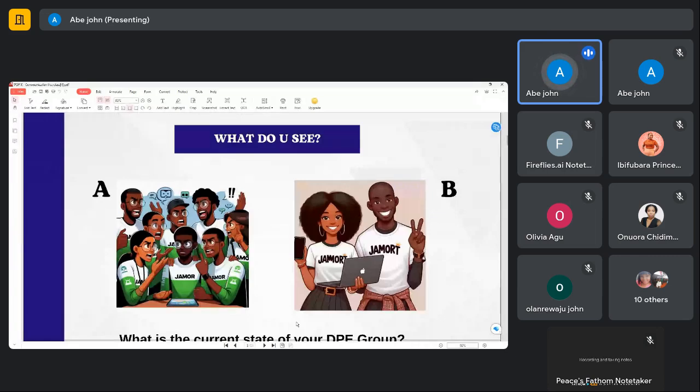Okay, let me explain what the pictorial stuff looks like. Team A is a team whereby they argue a lot. No teamwork, no collaboration, nothing. Everybody wants to say something at the same time. And Team B is a peaceful team. You can see the guy and the girl, they are smiling. But in Team A, you can see everybody's face is frowning, everybody's talking at the same time. We must do this, we must do that. Everybody's trying to make their voices heard. And Team C is the one where you just mind your business. Nothing concerns me.